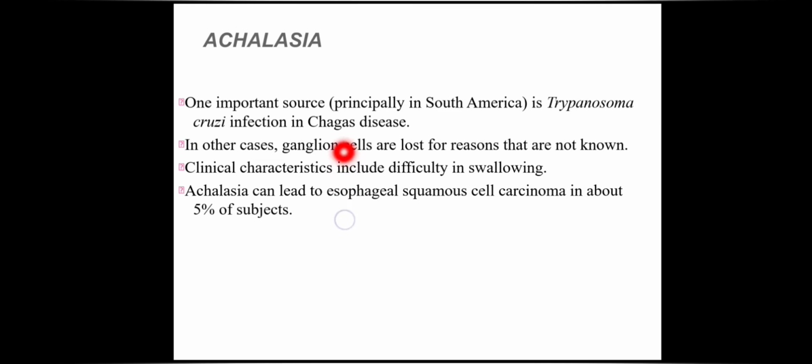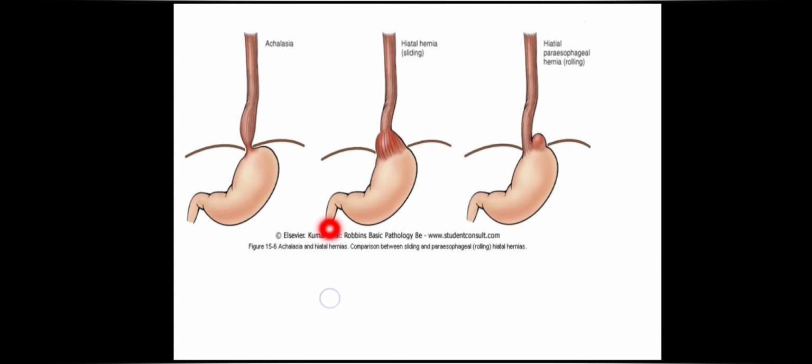One important source here is Trypanosoma cruzi infection in Chagas disease. In other cases, ganglion cells are lost for reasons that are unknown. Clinical characteristics include difficulty in swallowing, and achalasia can lead to esophageal squamous cell carcinoma in about 5% of the subjects. So this is how achalasia cardia will occur, where there will be a dilatation of the proximal part of the